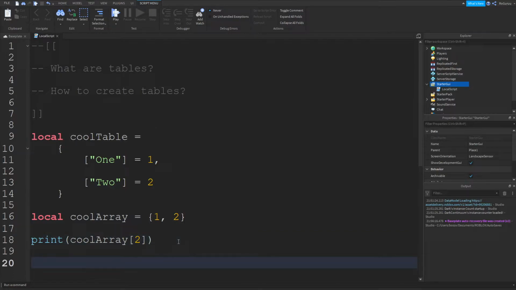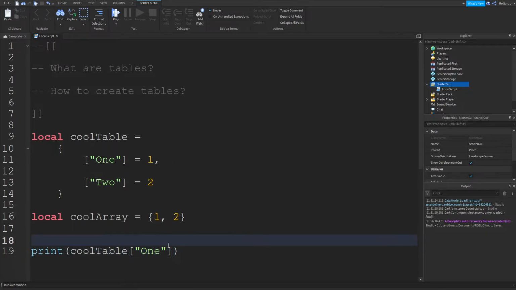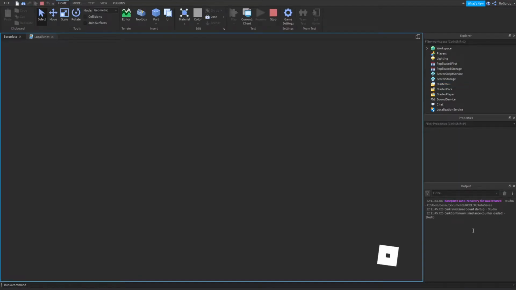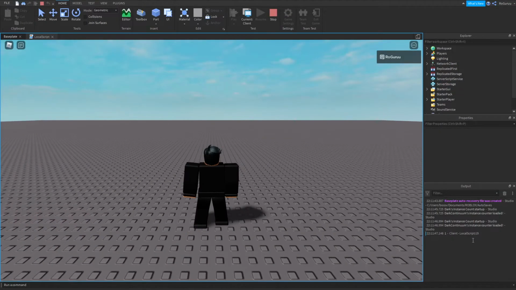But for a table, we're actually going to just list a string. So if we want to access the value at the key 1, we're just going to say 1, and this will print out the value 1. So if we play, one.